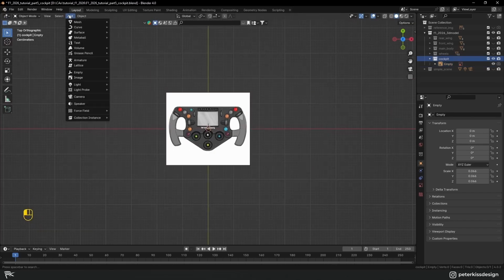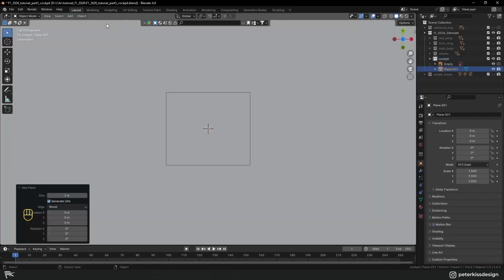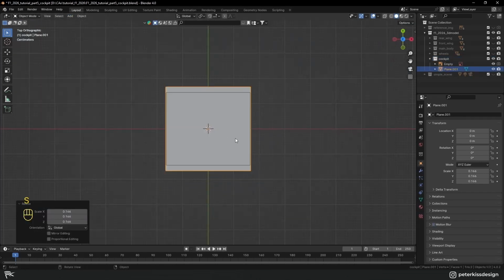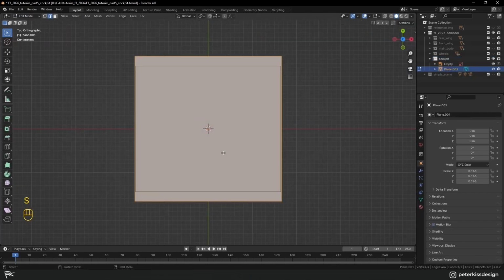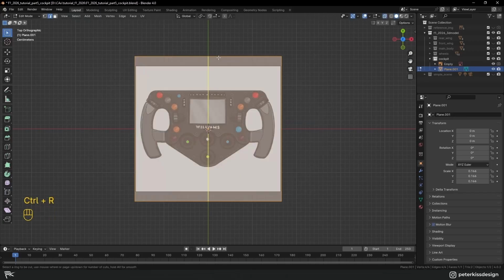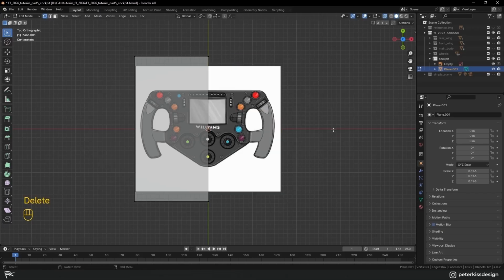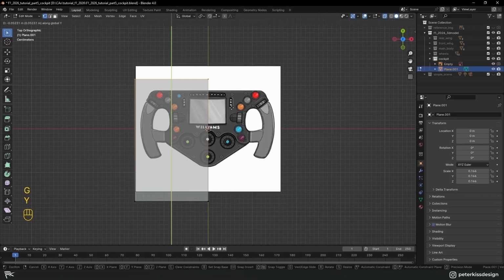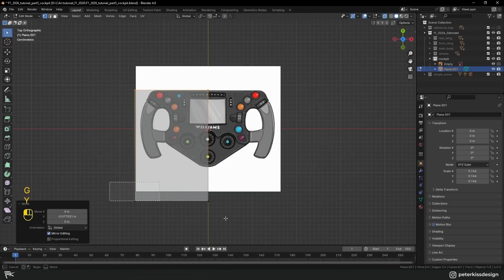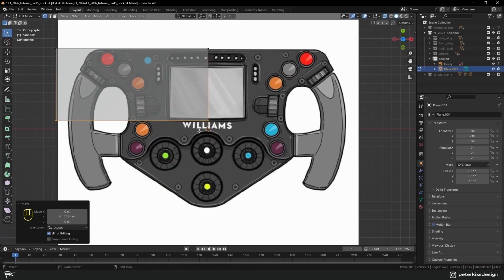Okay, let's model this. We will start by adding a new plane, scale it down and go to edit mode. You can turn on the X-ray, add a loop cut to the middle and delete one side because we will model only one side because it's symmetrical, and then we will use a mirror modifier. I will start with the main shape. Let's move these vertices to the side,